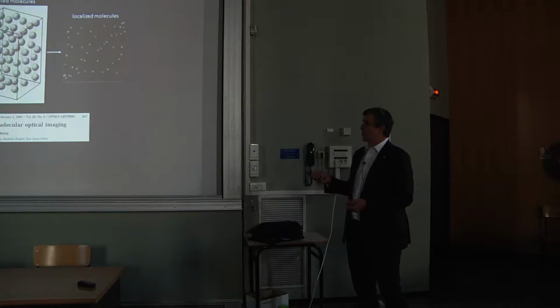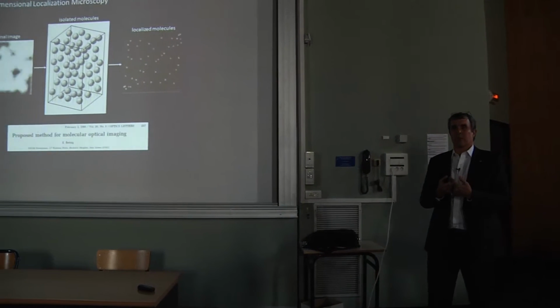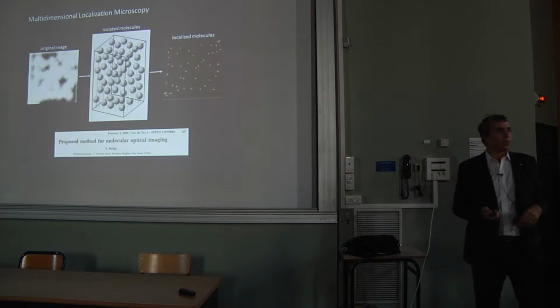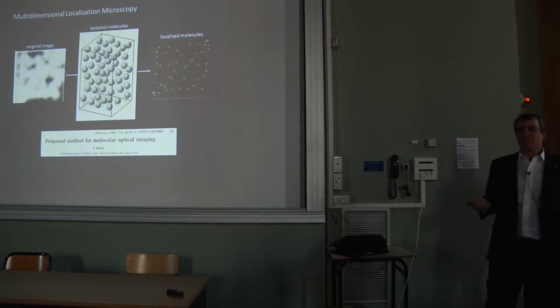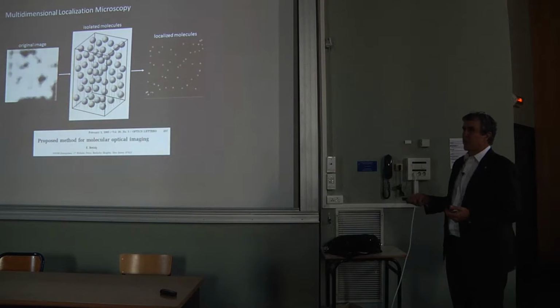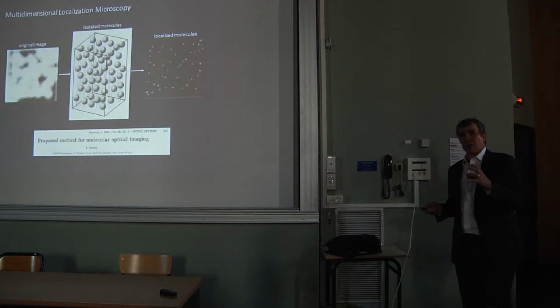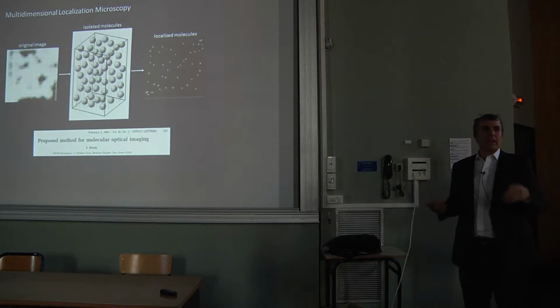So I had several forays in trying to do super resolution. The one that finally worked reasonably well was that if the problem is that the molecules in the sample are so close together that the fuzzy blobs created by each molecule overlap, what if the light from each molecule was somehow different? For example, if all those molecules glowed in different colors. Then if we had a spectrometer on there, we could isolate them in a higher dimensional space. But once the molecules were isolated from one another, it's relatively easy to fit a function to that big fuzzy blob and find the center of that function to much better precision than the diameter of the fuzzy blob.